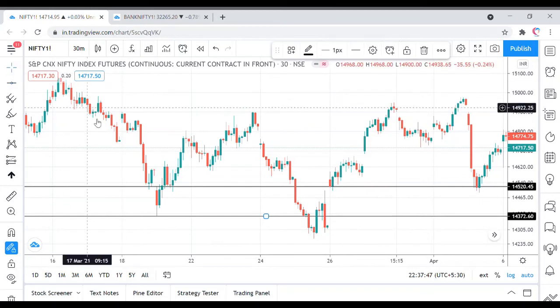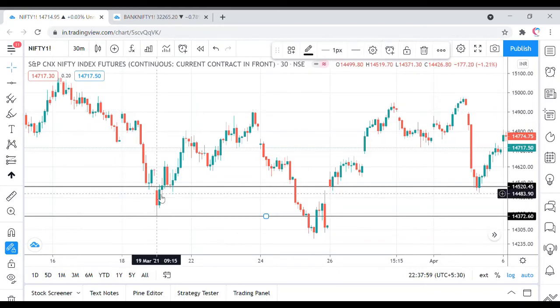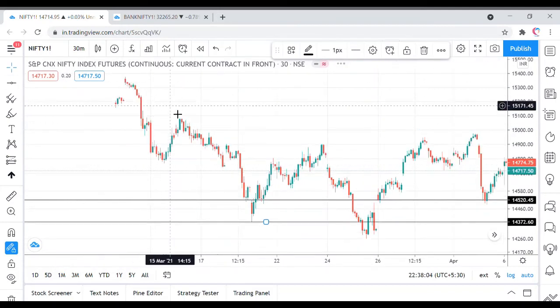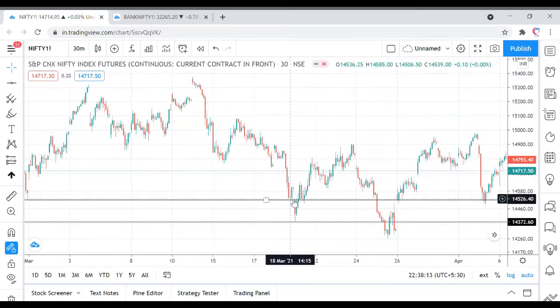So I'll just highlight this point, that what this strategy does is this clears out any bias you have about a bullish or a bearish market. So you can see on the example which we're taking right now, which is 19th of March. Market came down. You can see from 12th March market was falling. It came down from 15,363 levels down to 14,529 levels. So a regular trader or a regular investor will be very bearish on the market right now because market has lost so much and will not try to take up a long trade.